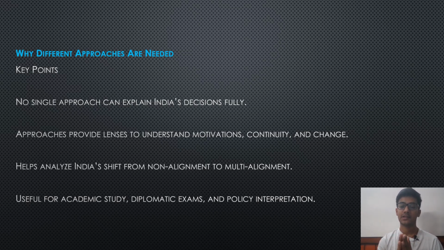And if you see India, for example, we started off as a non-aligned nation, and gradually we have come today to a multi-aligned nation. Non-alignment was when we said we will not come in full support of any nation. We will maintain good relations with everyone. But today, that aspect has changed. We say that we will maintain good relations with everyone, but we'll take it a step beyond. We'll also do defense cooperation, military exercises, we'll sign many agreements and other things.